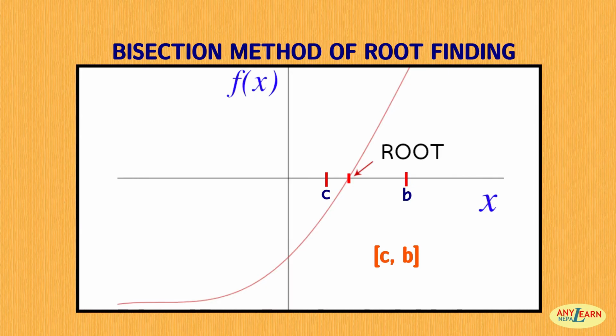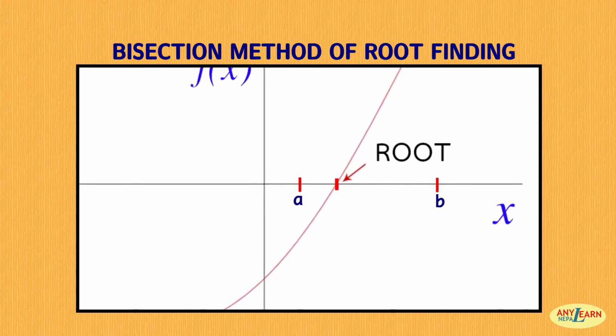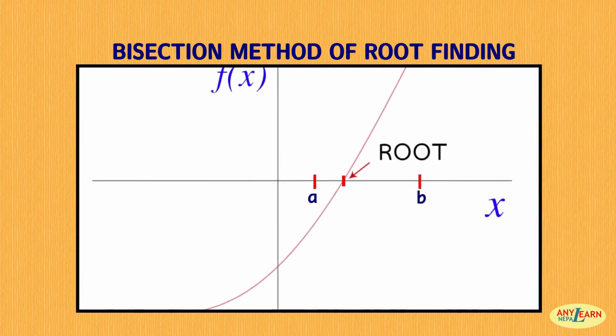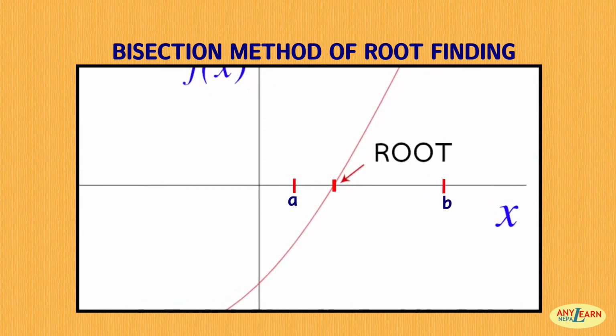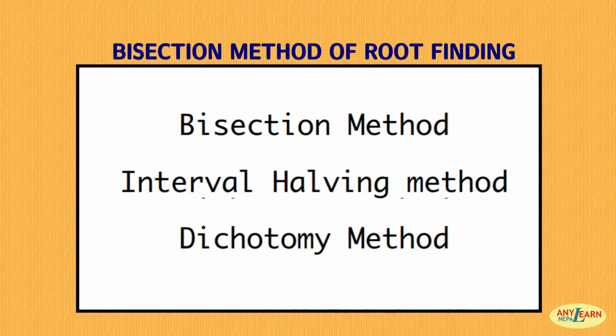So the first interval is eliminated and we are left with the second interval that contains the root. Now our interval [c, b] becomes [a, b] as the fresh new interval in which we can carry out the same process. We repeat the same process until we get a middle point that is much closer to the root. This process of bisecting the interval is like zooming through the graph as shown earlier. Since this process involves bisecting the interval into two equal halves, hence the name bisection. This method is also called the interval halving method or dichotomy method.